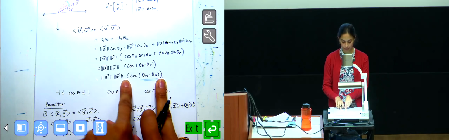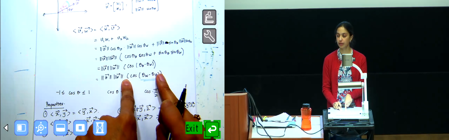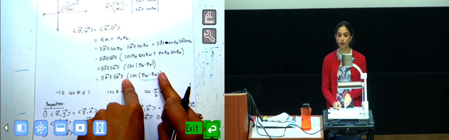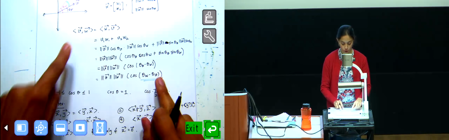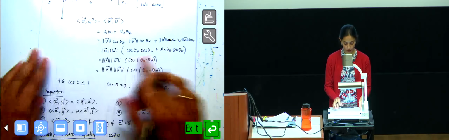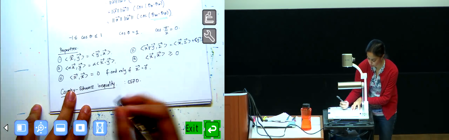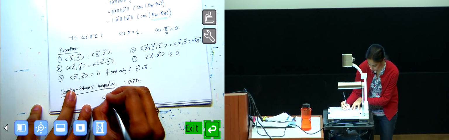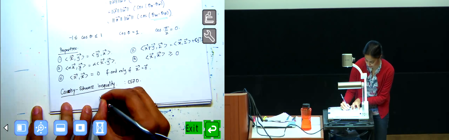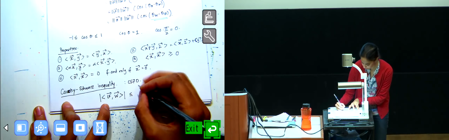What do we know about the magnitude of cosine? We know that it's always going to be between -1 and 1. So if I take magnitudes on both sides of this, if I take absolute values, what do I know about this inner product and this product of these norms? If I take v, w, if I take its absolute value, this is always going to be less than or equal to